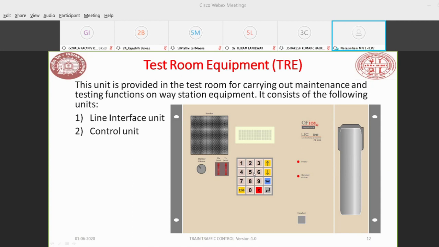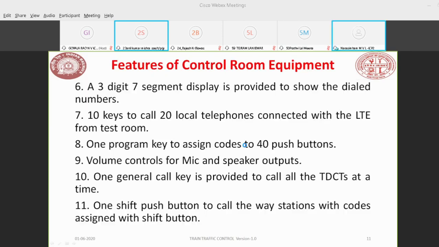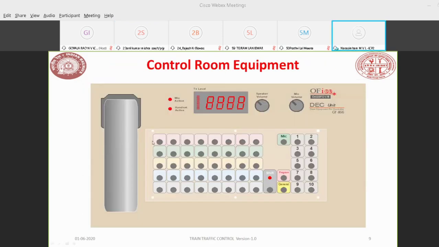Sir, these are 40 buttons, and with this 80 stations will be connected? How, sir? Single button pressing gives one number. Pressing the shift button and then this button gives the other code, like your computer keyboard. You are having this button, A for small, if you keep your shift button and press A, you will get capital A. Like this, you will have 40 numbers, and with combination of shift, you will have one more 40. Okay.